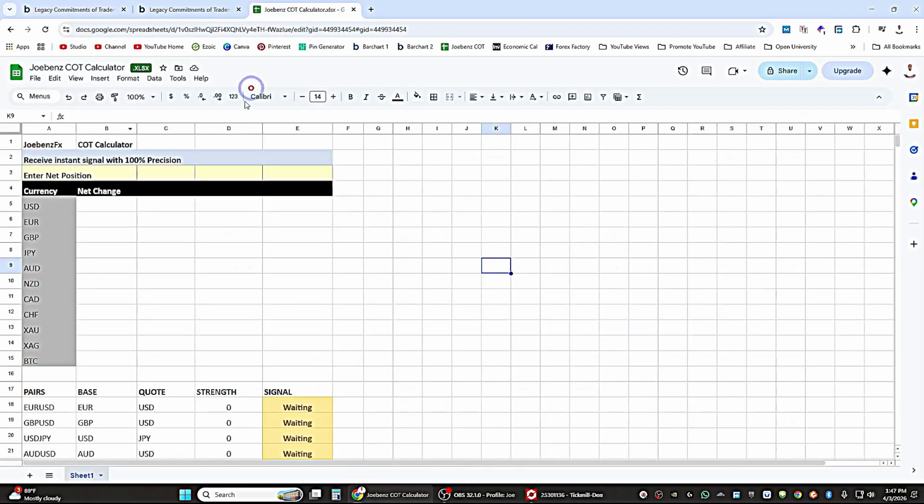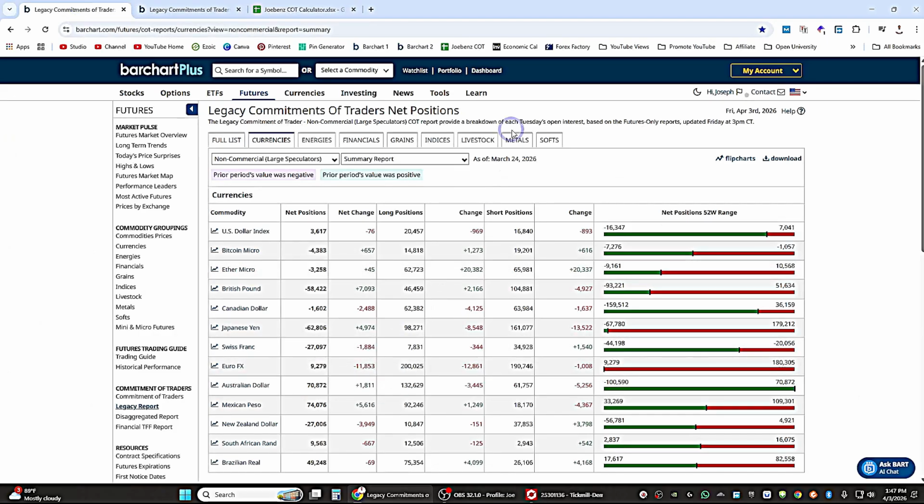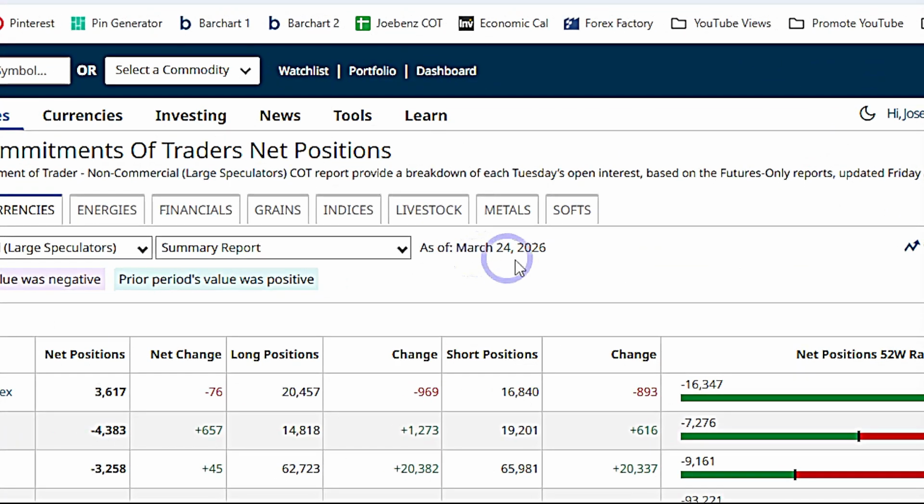Under this net change is where we're going to be using this data. We're going to copy this data and add it into this net change value for each individual currency, not currency pair. And we're going to see, for the currency pair, what is the signal for the week. Are we buying? Are we selling? And all of that. So if you pay attention here, this data is available on March 24th, 2026, which is Tuesday, but is available on Friday, which is 27, for us to trade on